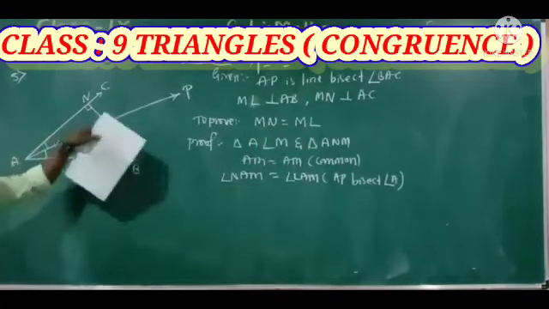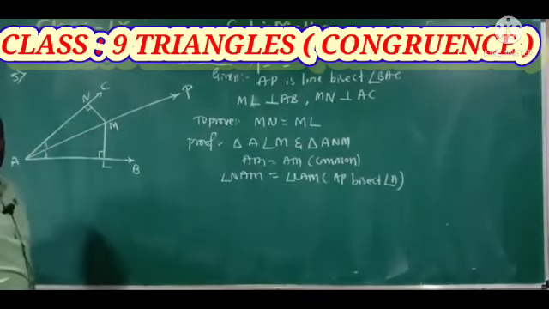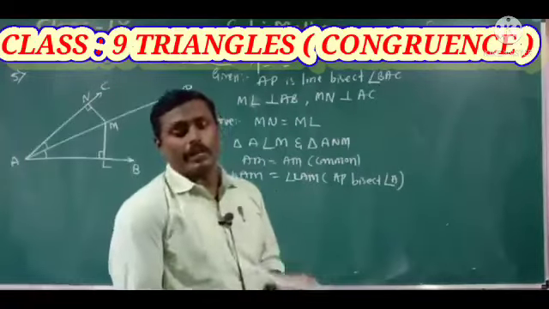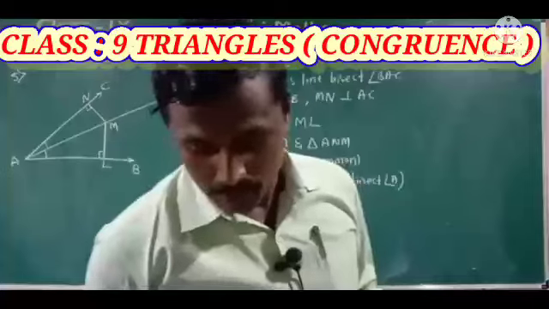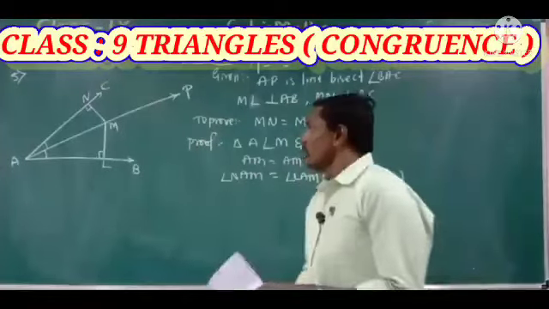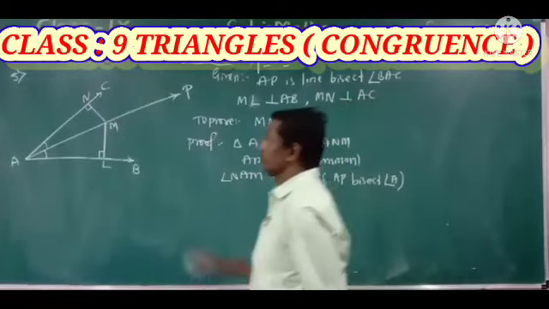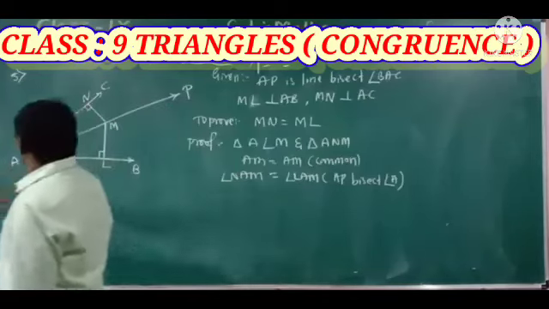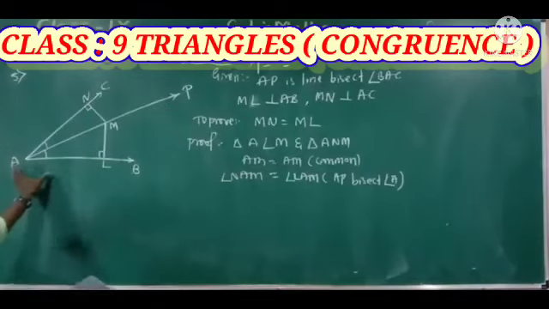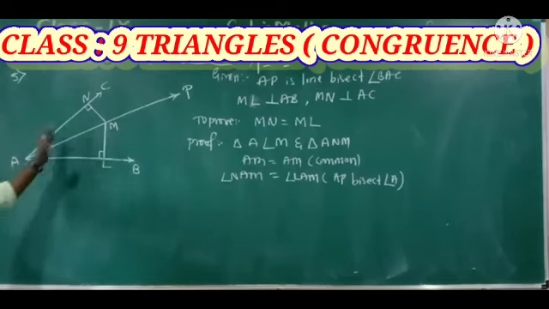The line AP bisects this complete angle. It means the complete angle A is divided into two equal parts. And next one,